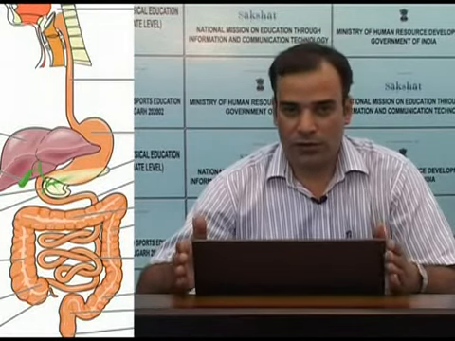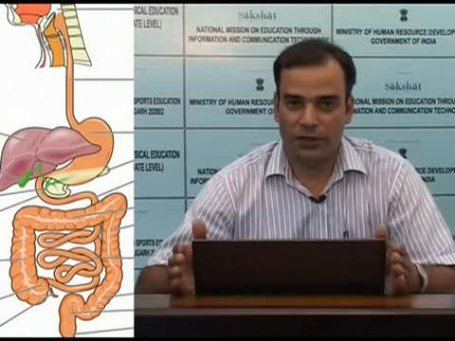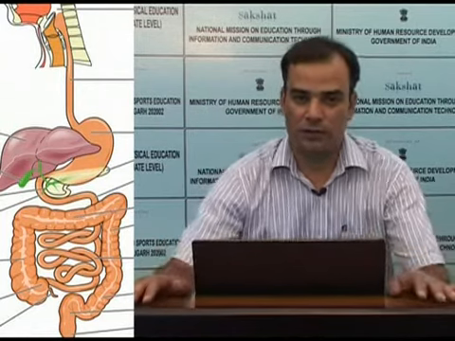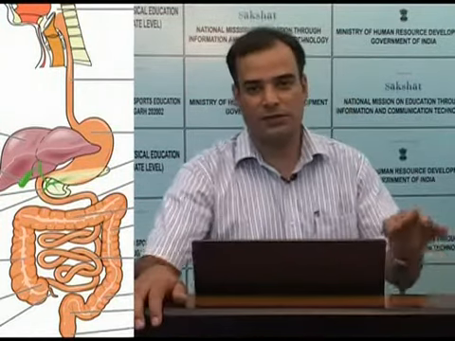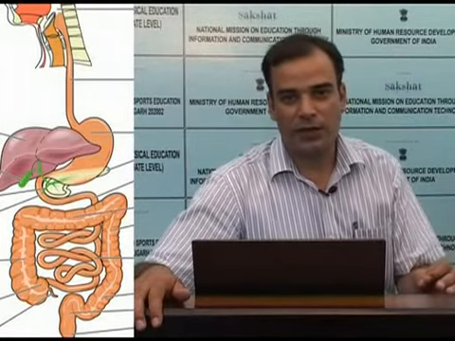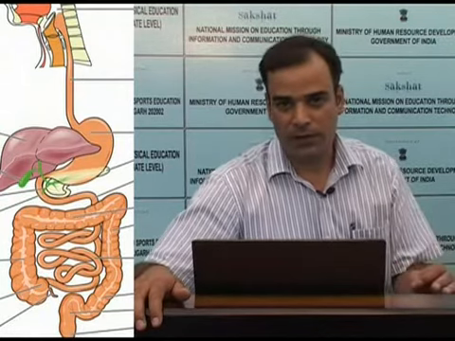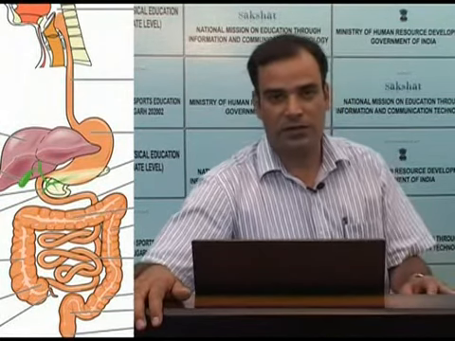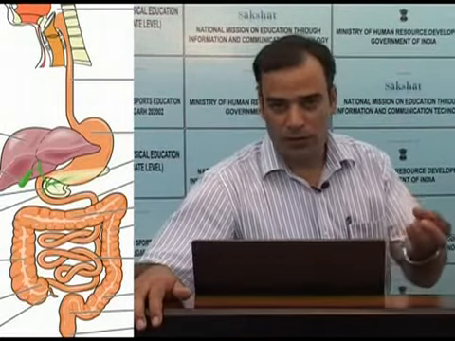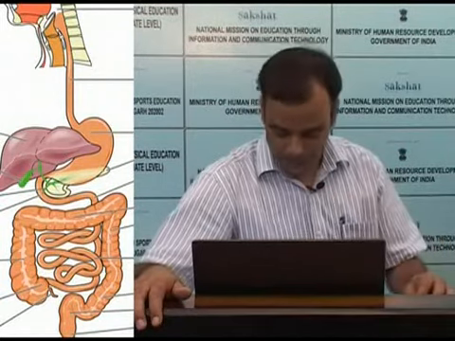So, first of all, to make this food reach our body for the purpose of energy, we ingest food through the mouth. So, the first function or purpose of the digestive system is to provide a route for the entry of food into our body. This is the first function of the digestive system. It provides a pathway, a route, wherefrom we take the food inside our body.